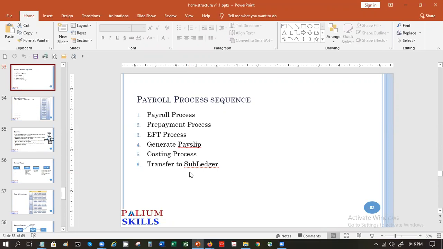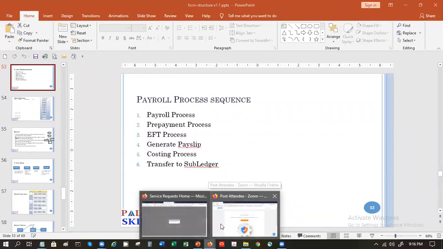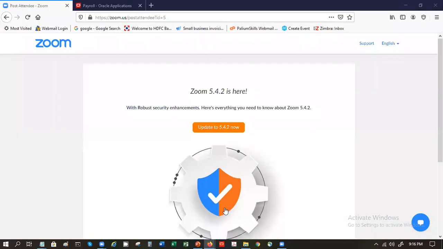There is quick pay payments, but prepayment process is not here. Is it quick pay payment? No. Quick pay payment is for quick pay. Prepayment, there must be one. Type in some other way. Okay, maybe I'll check there. It's not there in the payroll module.